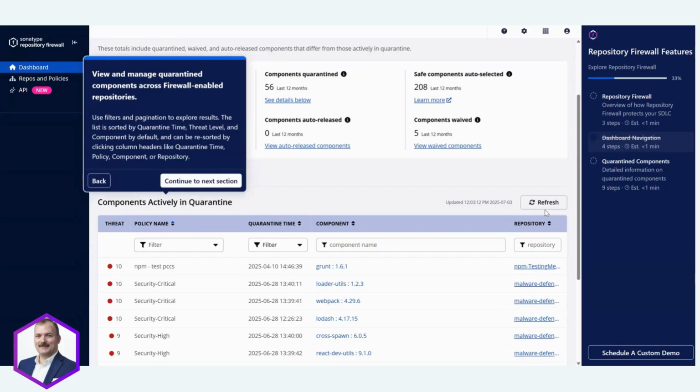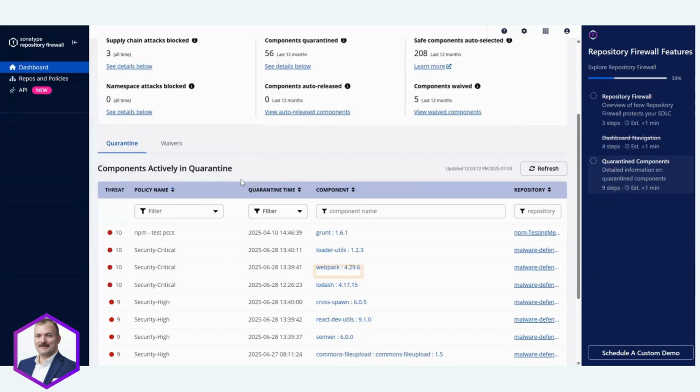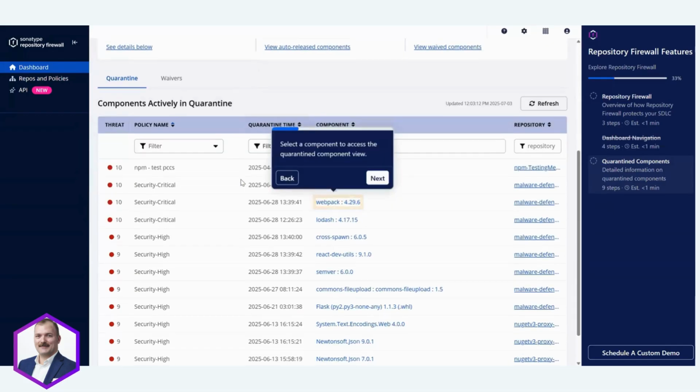You can use filters and pagination to explore results. The list is sorted by quarantine time, threat level, and component by default, and can be resorted by clicking column headers like quarantine time, policy, component, or repository. With quarantine components, you can view and manage them across your firewall-enabled repositories. You can select components to access the quarantine component view,